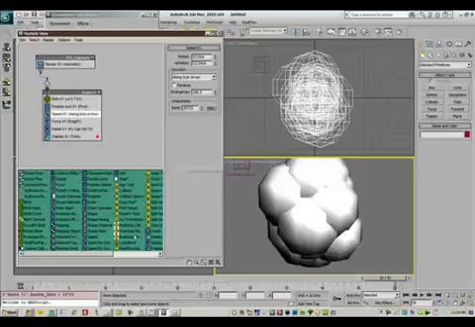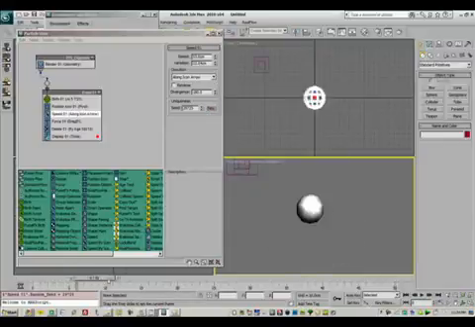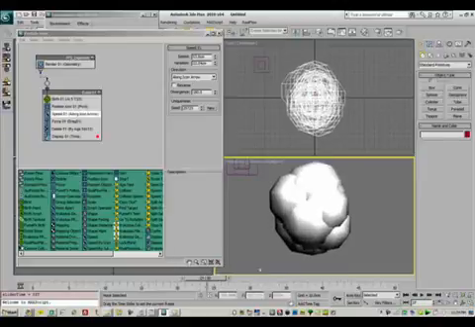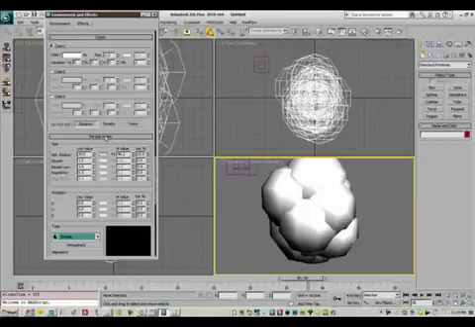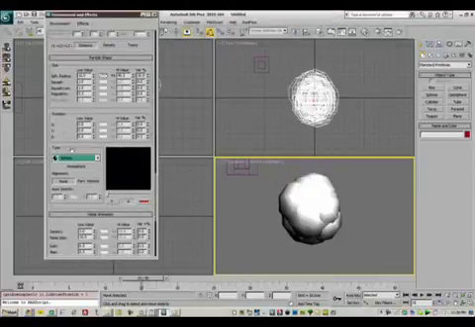I'll go with that for the time being. So we've got the shape that we like, expands out as a nice explosion. Another thing we can do is we can go back to Afterburn, and what we can do next is go